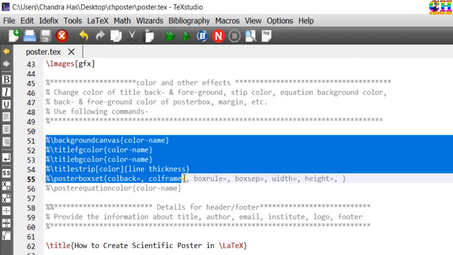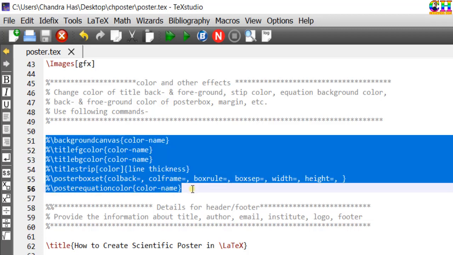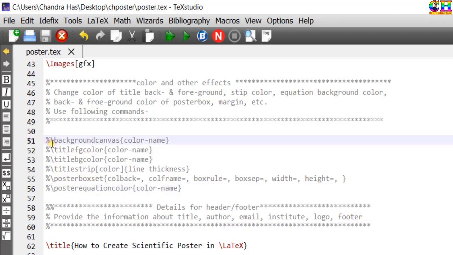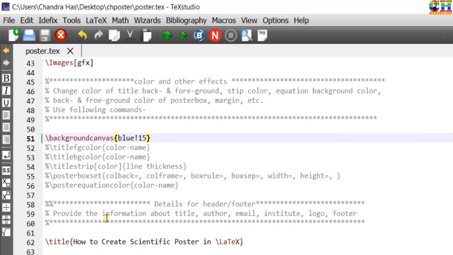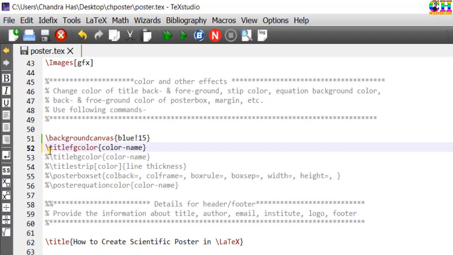For color and other effects, you can use these commands. For example, background canvas, you can change the color of the background. For changing header color, we can use this command.